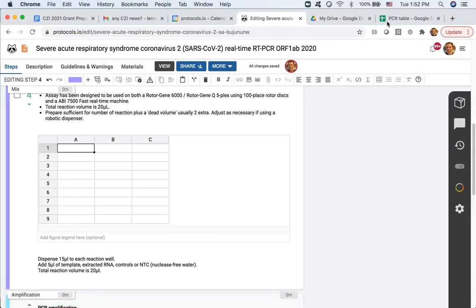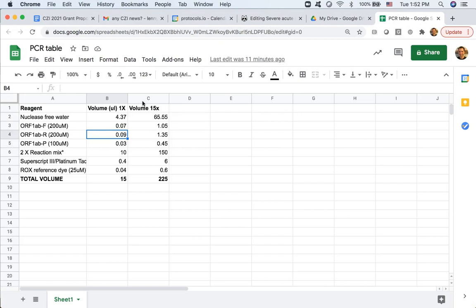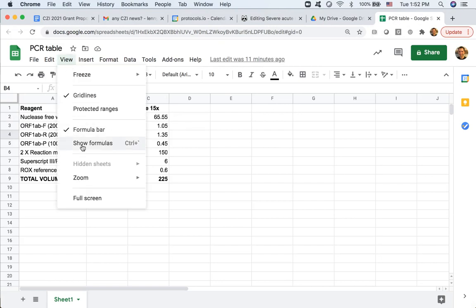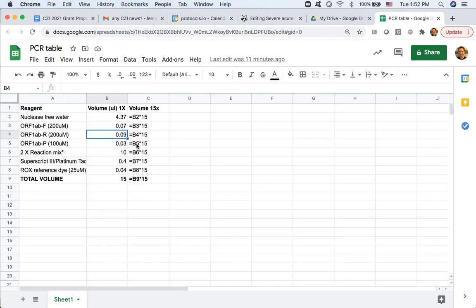The exact same thing works in Google Sheets. You go to View, select Show Formulas, or you can use Control tilde to toggle back and forth. So here's Control tilde, back and forth, and I'm going to select the table from Excel or Google Sheets,